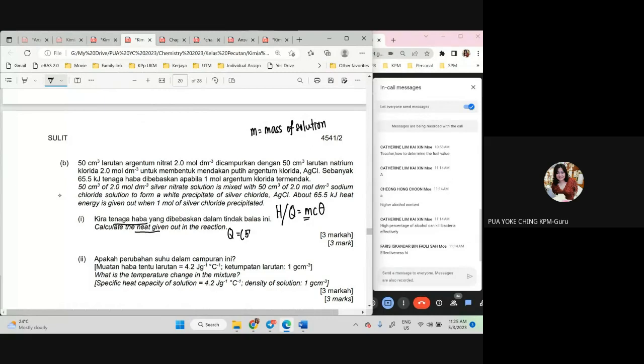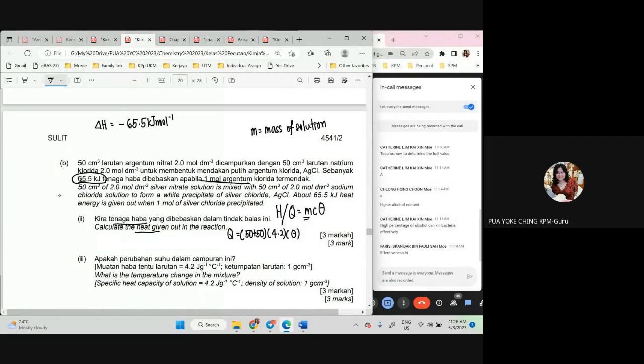Okay, Q is 50 plus 50. C is always 4.2. Theta, tak tahu. Tapi soalan ni saya tak boleh buat macam ni sebab saya tak tahu what is the theta, right? So this is 65.5 kJ apabila 1 mole. So delta H sama dengan